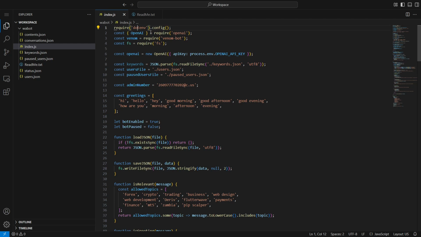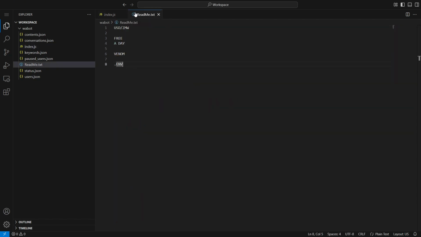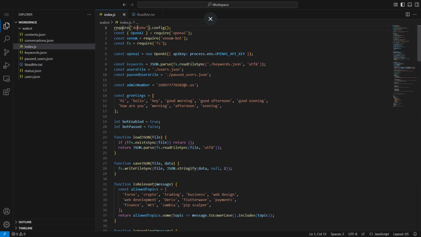So OpenAI has got a lot of versions of the AI. The one which I'm specifically using is the Turbo 3.5. I'll show you in a few minutes. Okay, what's next? Now the most important thing is the Venom that helps us run WhatsApp on a headless